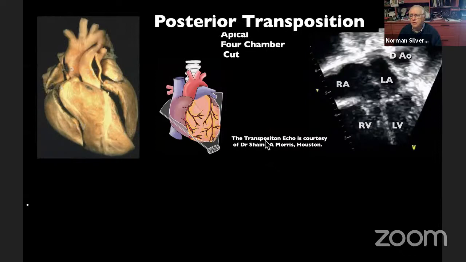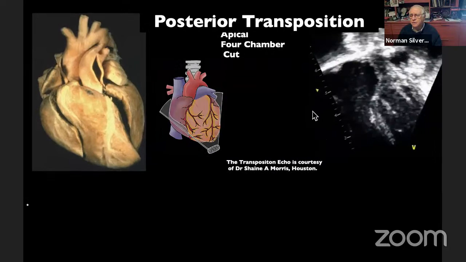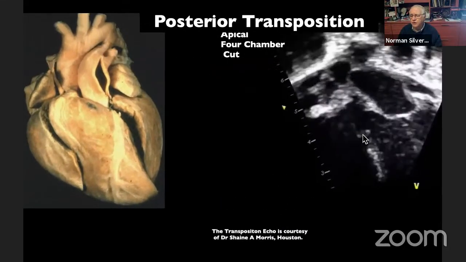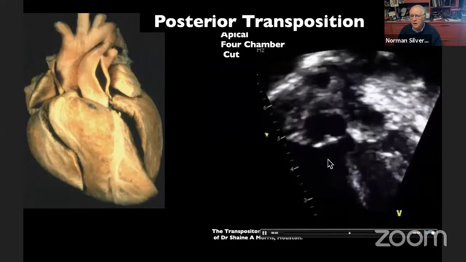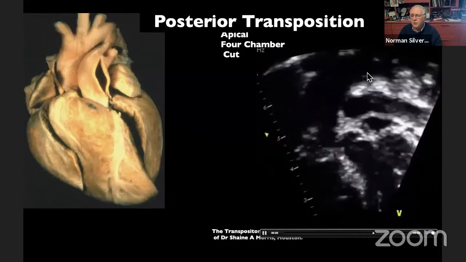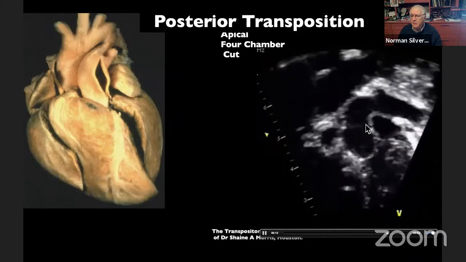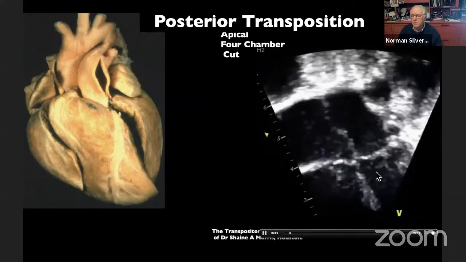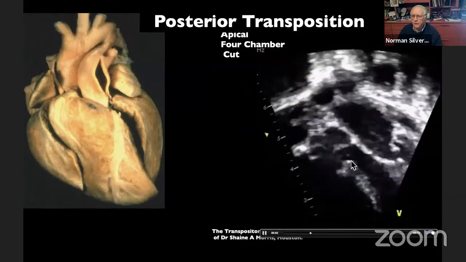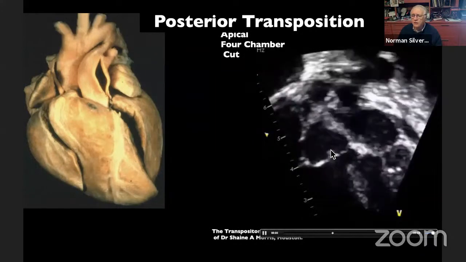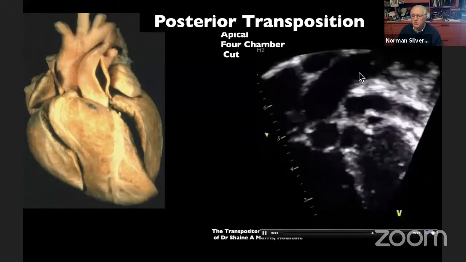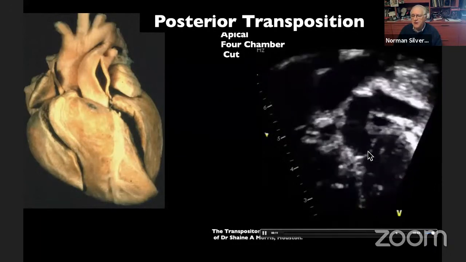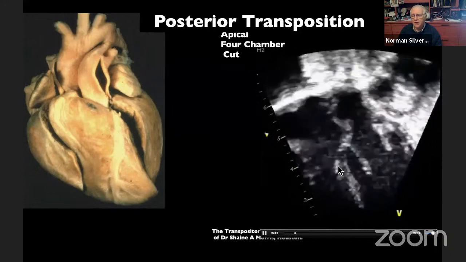And we will show you the 4 chambers here and scan in a cranial position. So here you see the 4 chambers, a small ventricular septal defect, the aorta arising from the right ventricle with the arch, and then the pulmonary artery from the left ventricle. Once again, the small ventricular septal defect, the aorta arising from the right ventricle posteriorly, the arch then, and then anteriorly from the left ventricle, the pulmonary trunk.